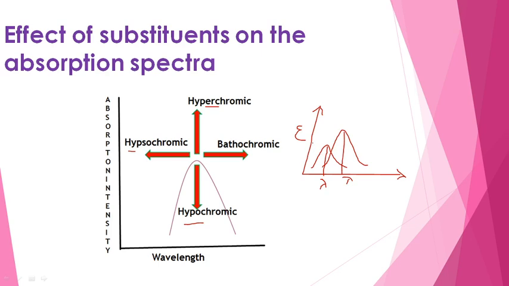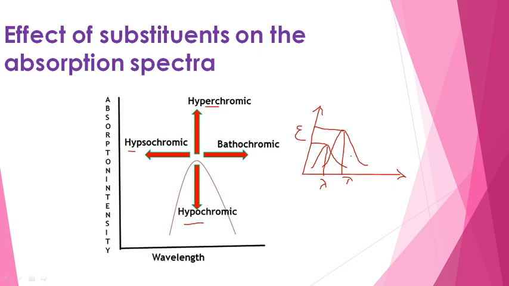Now, let us see the combination of hyperchromic shift also. This will be the absorption intensity in the prior case. After the reaction condition, if you note the absorption intensity, you find an increase in the absorption intensity. That means whenever the wavelength increases, there must be an increase in the intensity also. So, bathochromic shift will be in combination with hyperchromic shift.